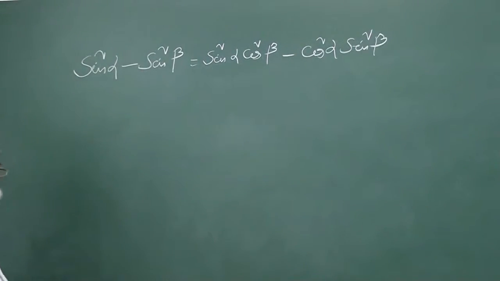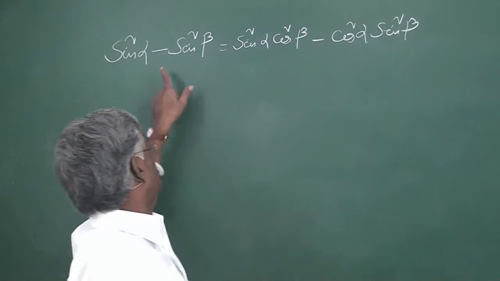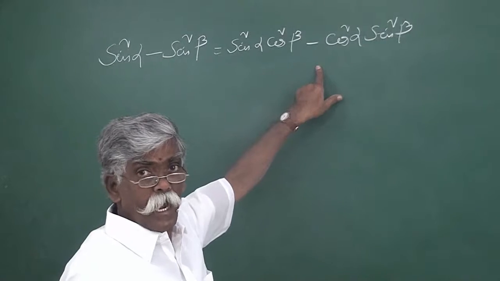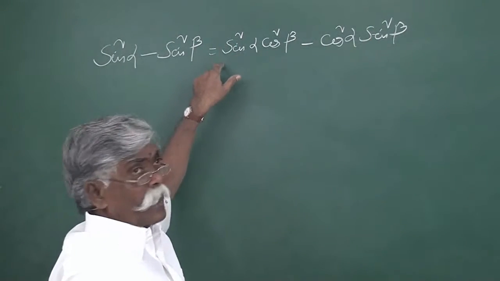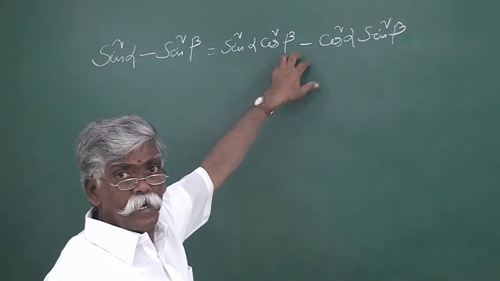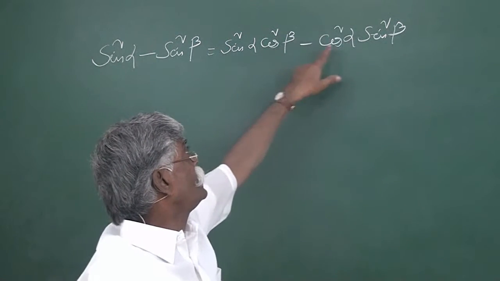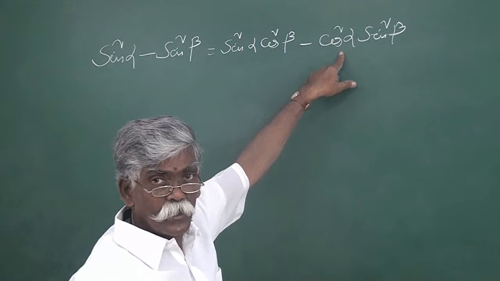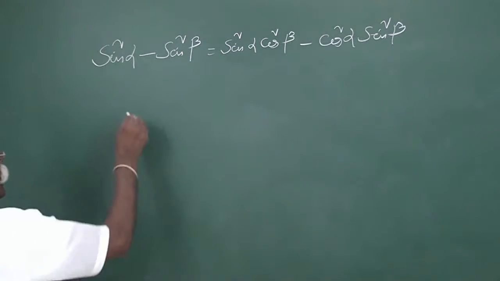The left hand side is expressed completely in terms of sines. In the right hand side, there are sine and cos, both the terms are there. Therefore, let us take the right hand side and convert these two cosine terms into sine. So, RHS